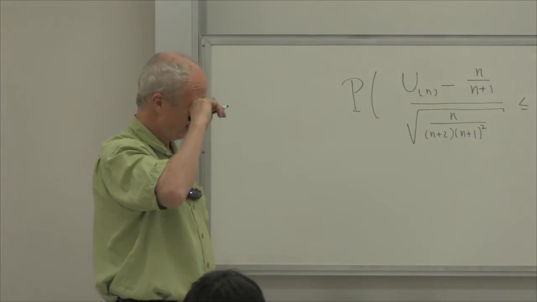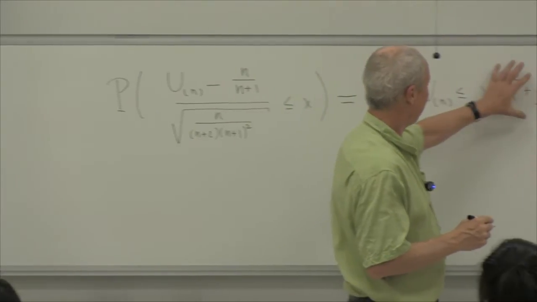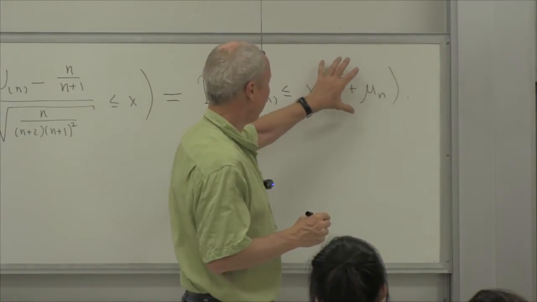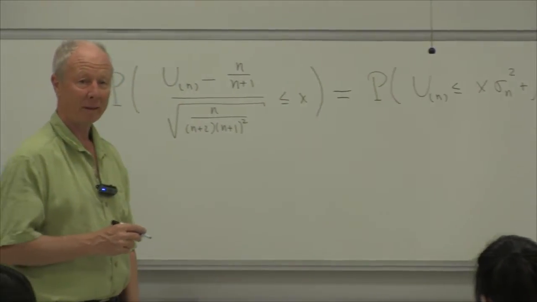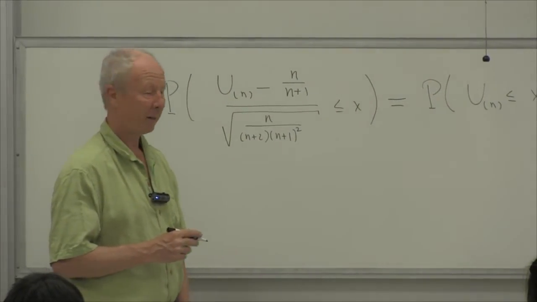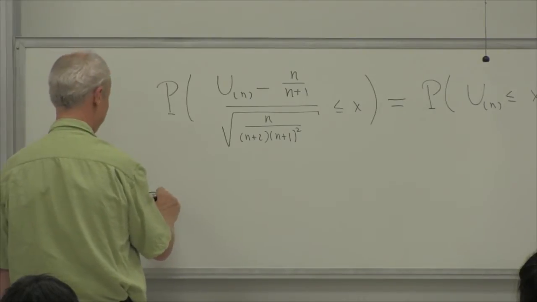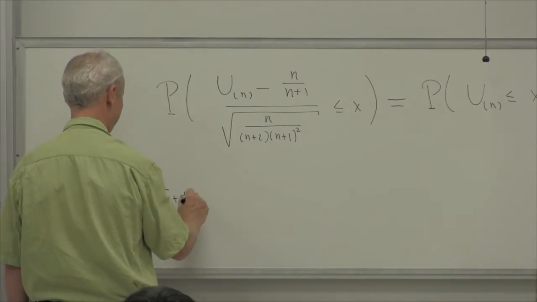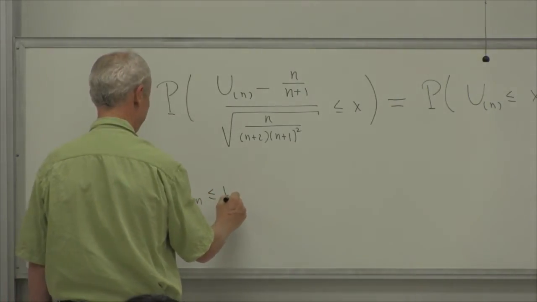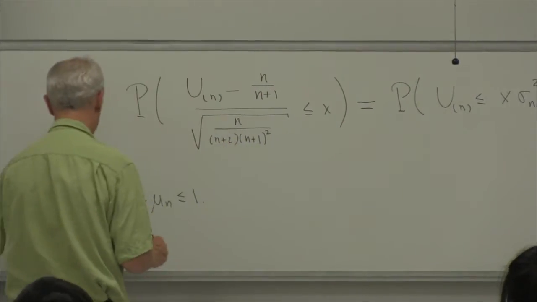Well, if this number is between 0 and 1, we know what this is. It's that number to the power n. And if it's bigger than 0, say,